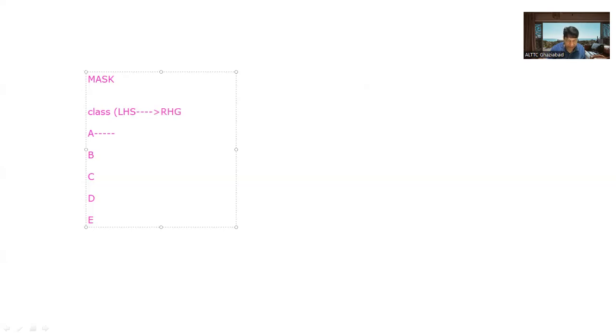All IPs are under the category of class A if the starting bit from the left hand side is from 0 to